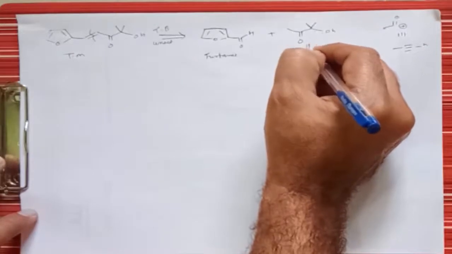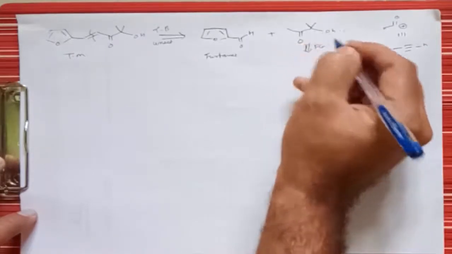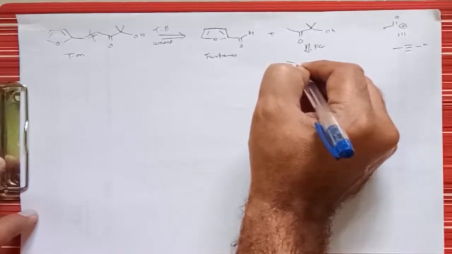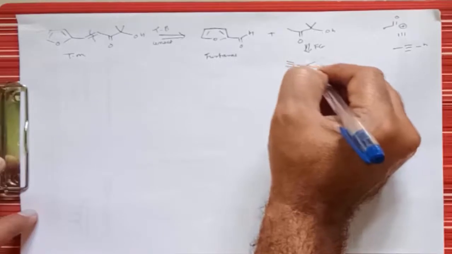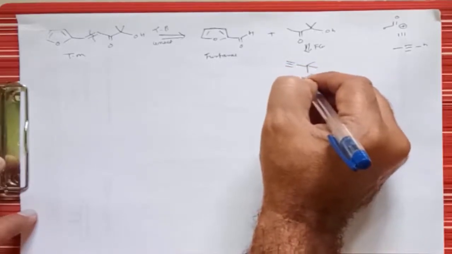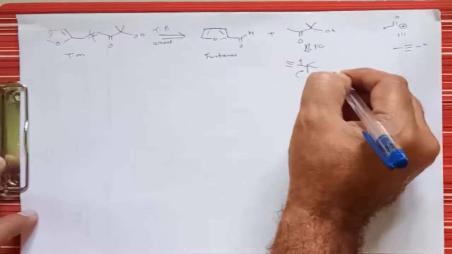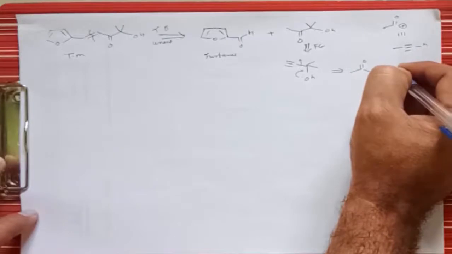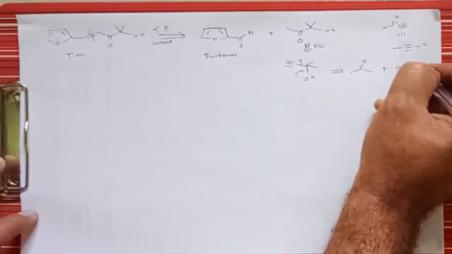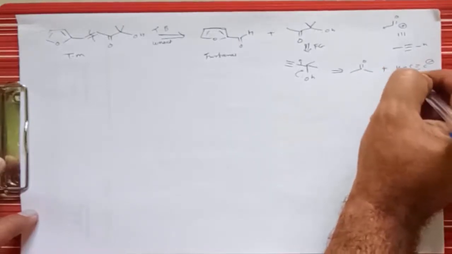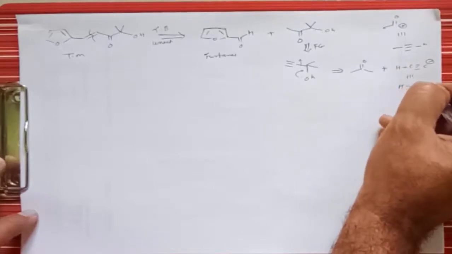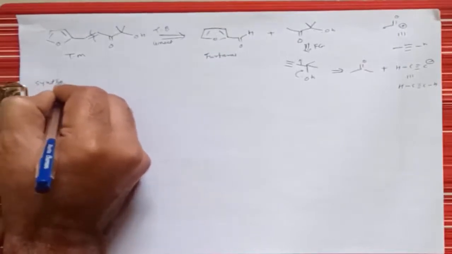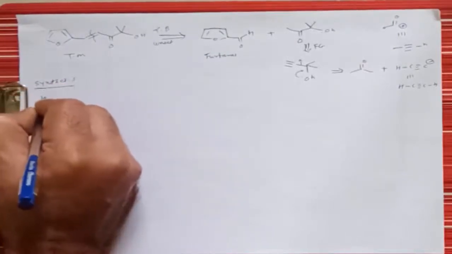That means we can go for the functional group interconversion, and in that functional group interconversion we can take this C triple bond C, then here is CH3, CH3 and OH, right? Now we can break the bond and reduce the formation of a ketone, along with the formation of an acetylide, C minus, and the synthetic equivalent for this is HC triple bond CH, right? Then, for the synthesis, we have to take this acetylene molecule,